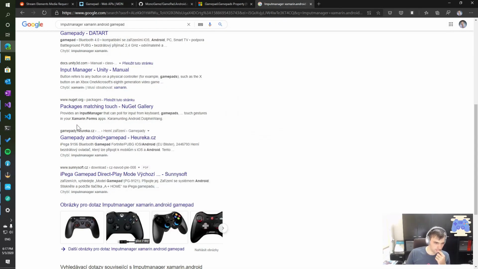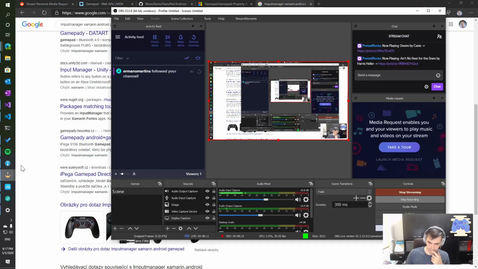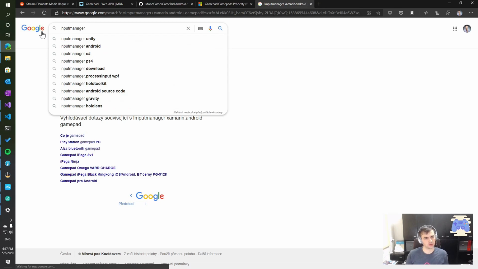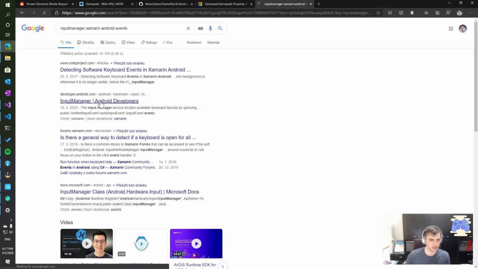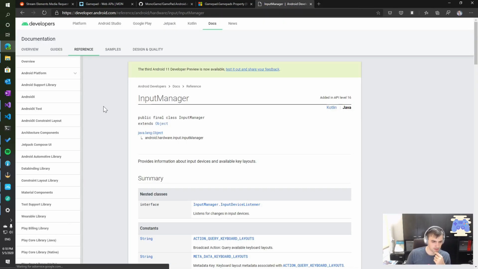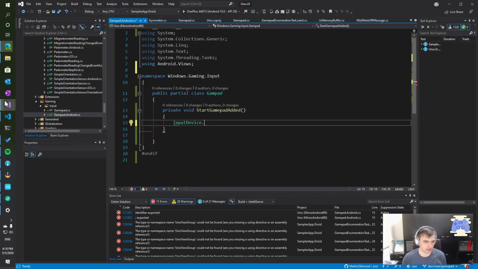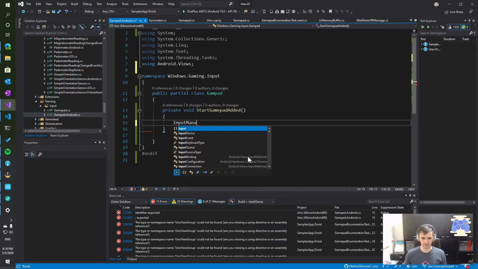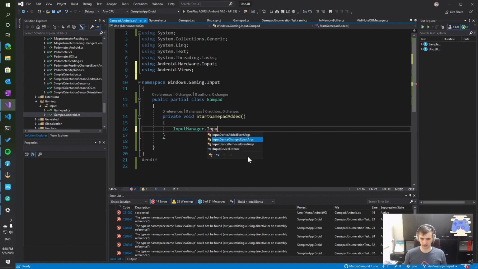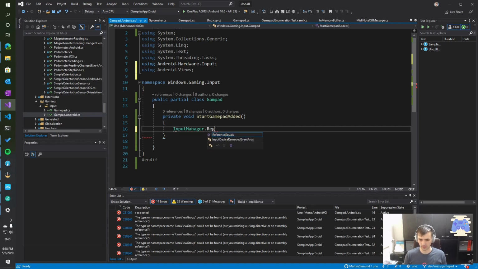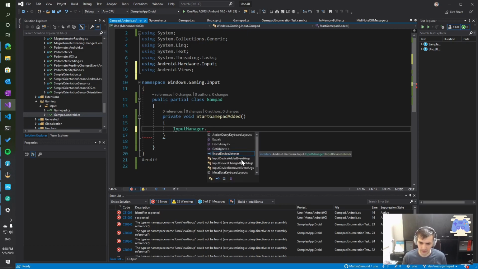Okay. Let's go to input manager. Well, they're not there, so we'll have to probably use the listener for this purpose. Yeah, it's probably the only way to do it. So let's do input manager, input device listener. No. On. And the input manager is part of,